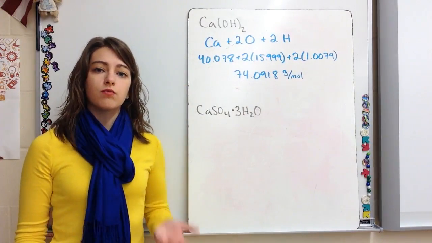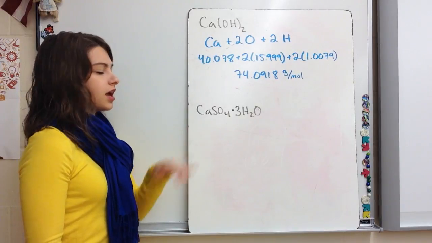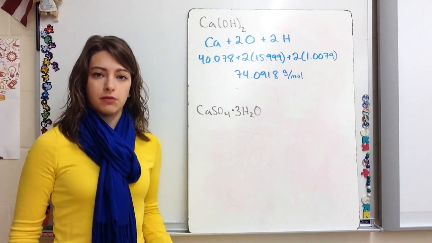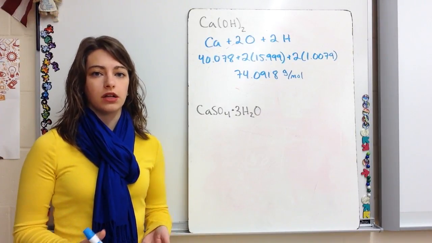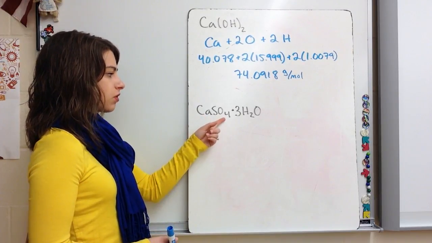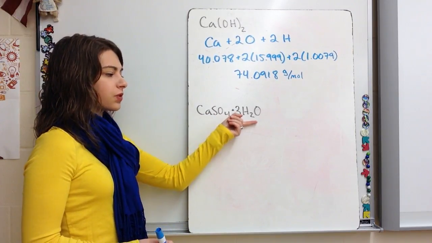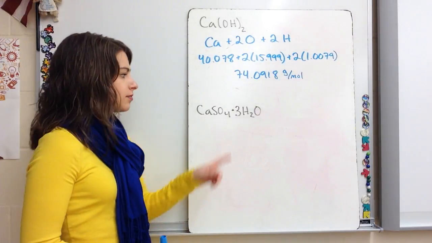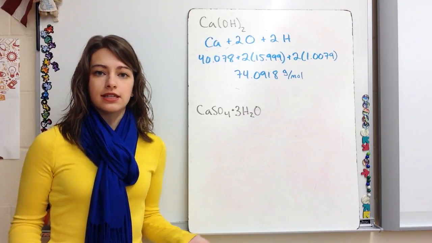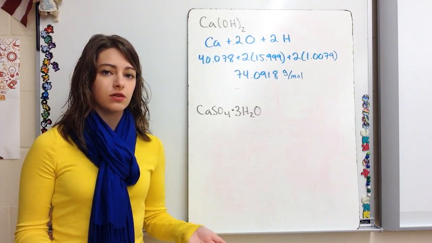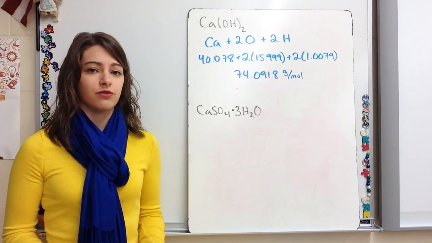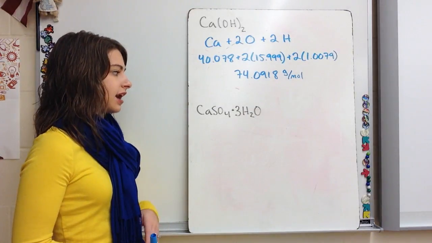Okay, let's look at just one more example. Now this formula is a specific formula for a specific type of compound called a hydrate. A hydrate simply means that the compound has water molecules attached to it. So here, we have calcium sulfate, so CaSO4, and for every one of those, we're going to have 3 water molecules attached to it. So this dot here does not mean to multiply. Normally when we see dots in math class like that, it means we're going to multiply those 2 things. We're not multiplying here, we're just adding them together. That's just the way the formula is written, so all you have to do is add up all of the